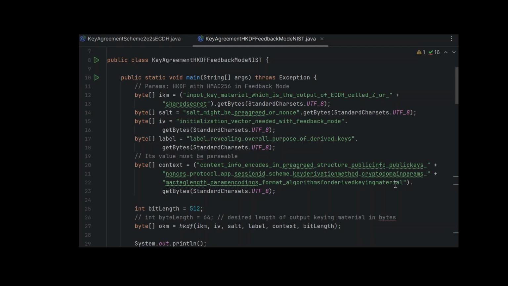The parameters that are required for this is first the output from the scheme, then we also need a salt, an initialization vector because feedback mode requires an IV, the label where we can specify what is the purpose of deriving these keys, and then a context, which is a complex object where you can specify some public identifiers for the participants, the public keys, ephemeral and static, and then the nonces if there is any,